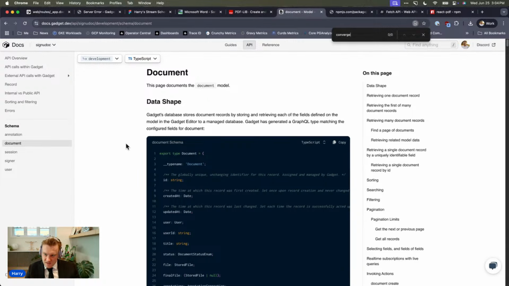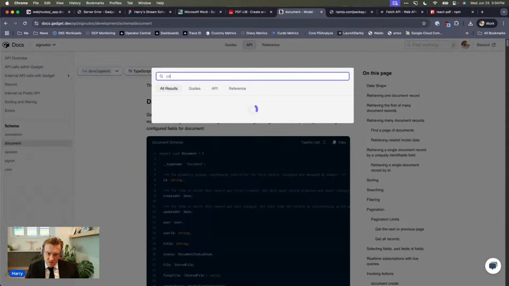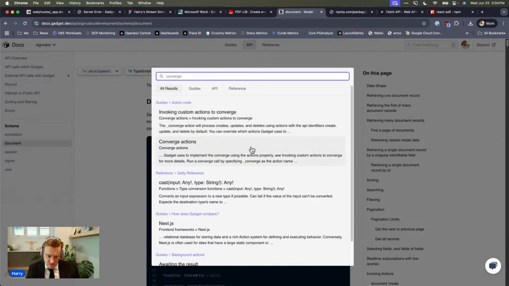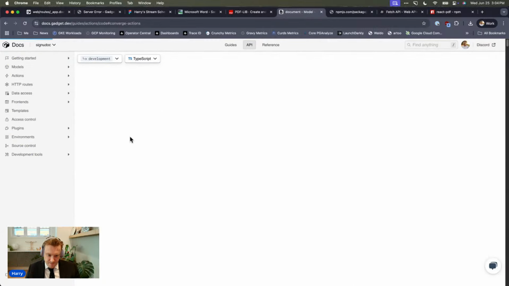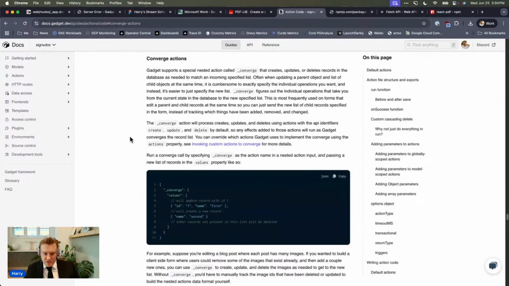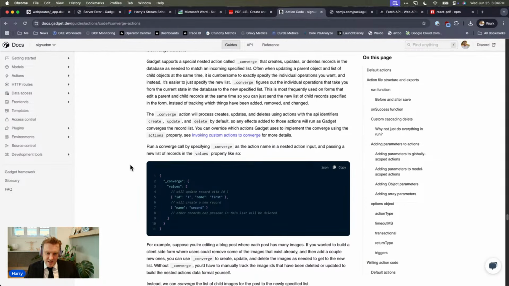Is that on here? No. This is an advanced Gadget feature that took us forever to get working, but I really like. What it does is when you have a parent-child relationship, say a document with a list of annotations, and you have an existing set of docs or children, let's say 3 annotations that have been stored already,